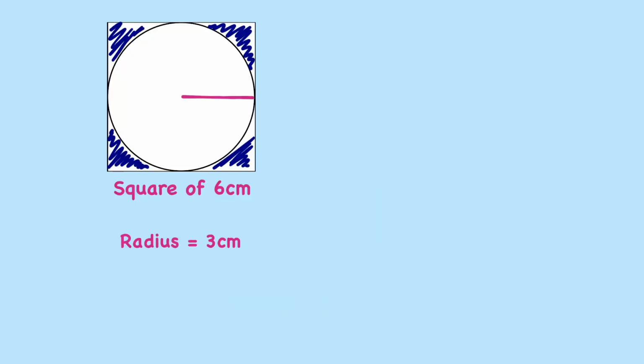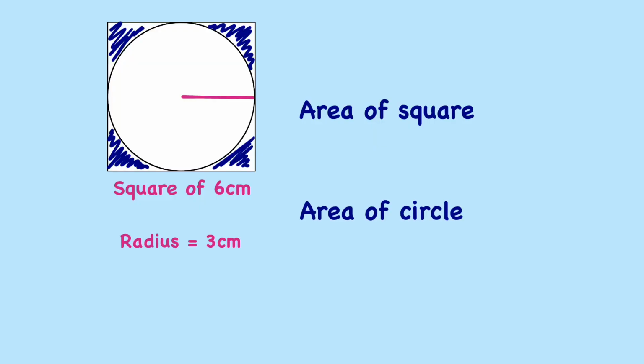So now that we know that the radius is 3 centimetres, we're going to work out the area of the square, and then we're going to subtract the area of the circle, which will give us the blue shaded area outside. So we need to find the area of the square and area of the circle. First of all, area of the square is 6 times 6, which is 36 centimetres squared, and the area of the circle, which is pi r squared, we have pi multiplied by our radius, which we found out was 3, and that answer is